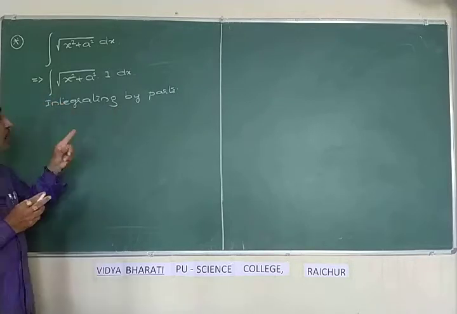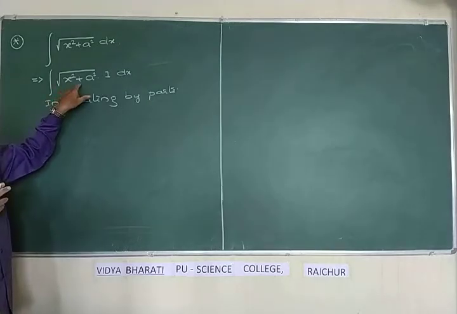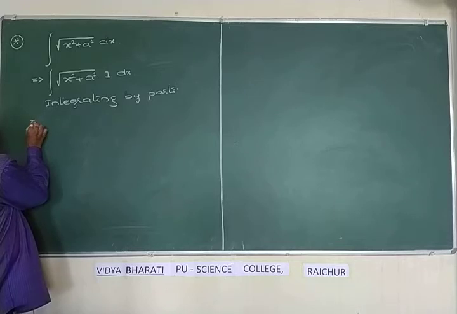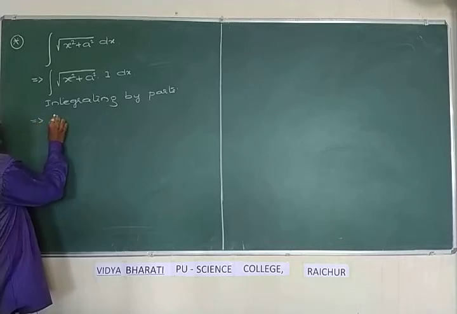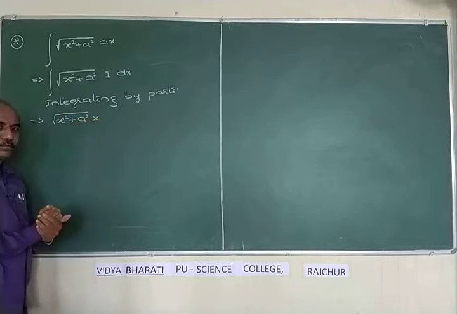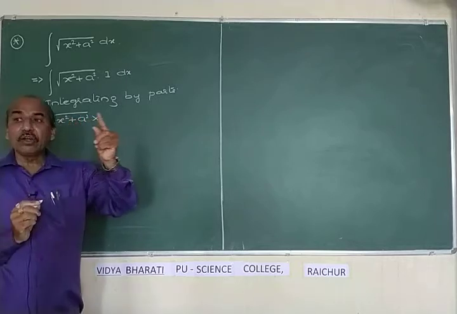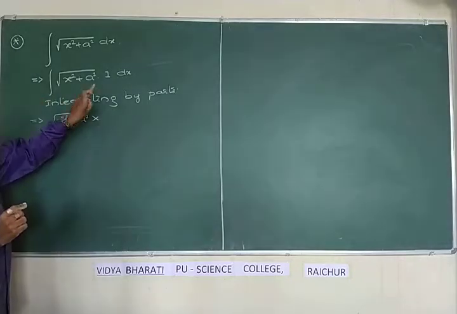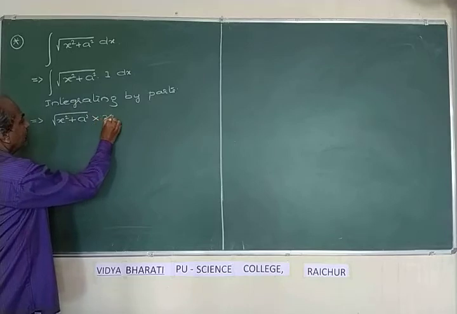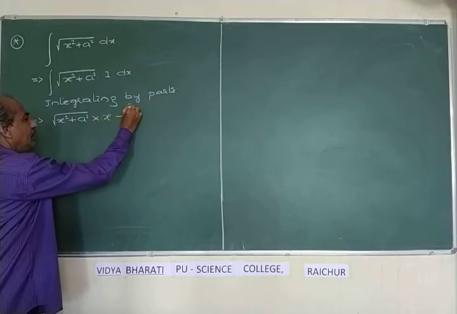So the first function must be root of x square plus a square. What is the rule here? First function, keep it as it is, that is root of x square plus a square, into integration of the second. What is the integration of 1? It will be x. So, it is x minus integral of,